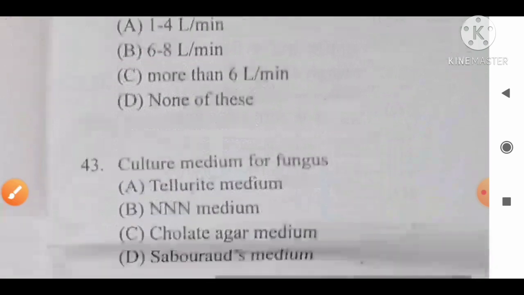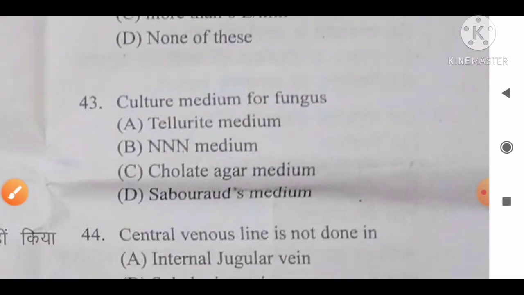Move to the next question number 43. Culture medium for fungus is: option A, tellurite medium; B, NNN medium; C, chocolate agar medium; D, Sabouraud's medium. And the fact available regarding all these media and options is: tellurite medium is the special medium used